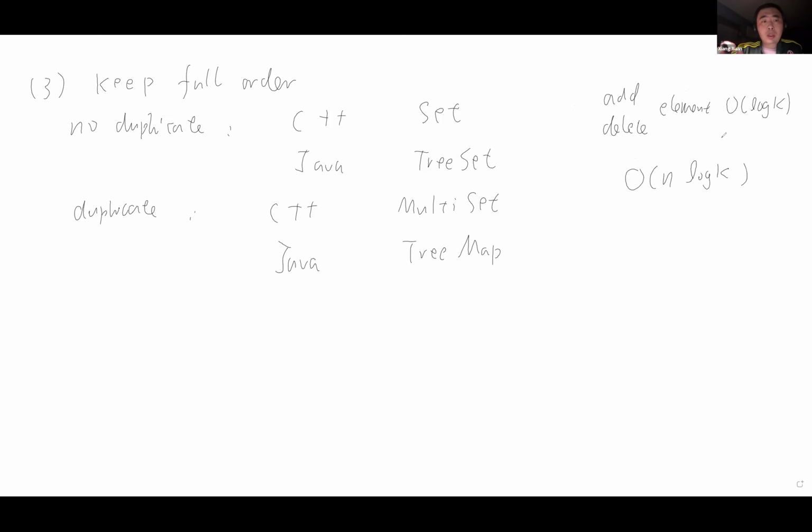Every time you need to handle adding the new element and deleting the old element. Then to get the maximum element, because you keep the full order, the last element will be the maximum element, right? So this n log k is better than nk because log k is smaller than k, right? But the issue here is